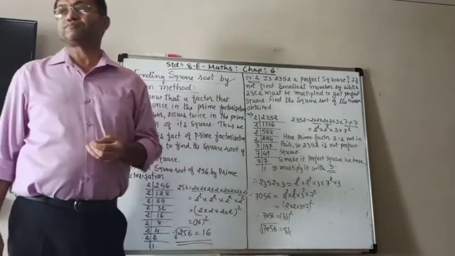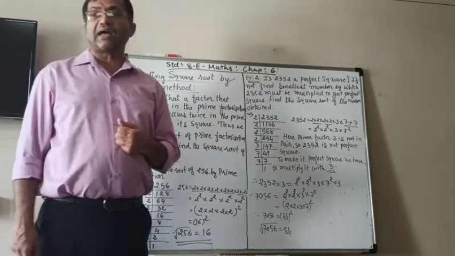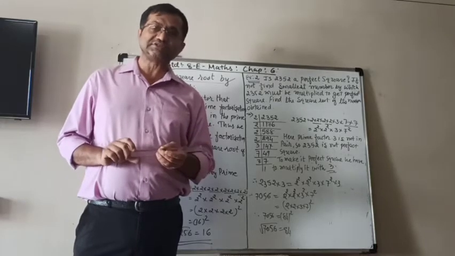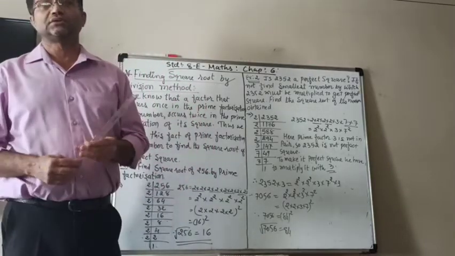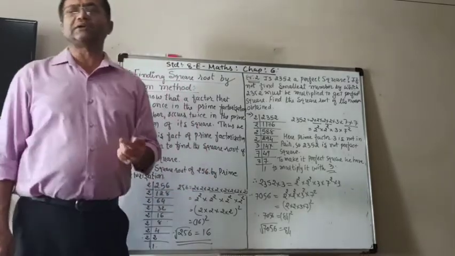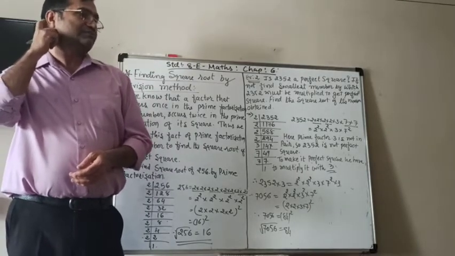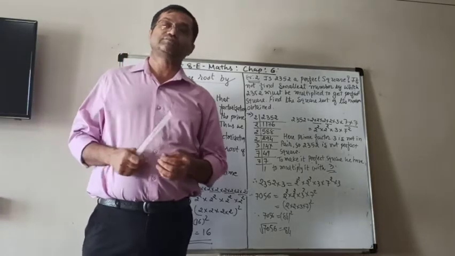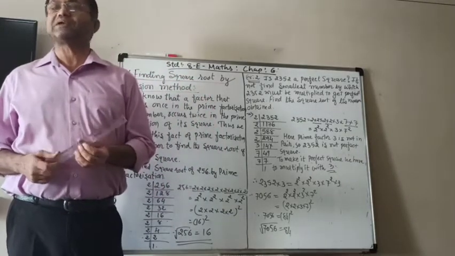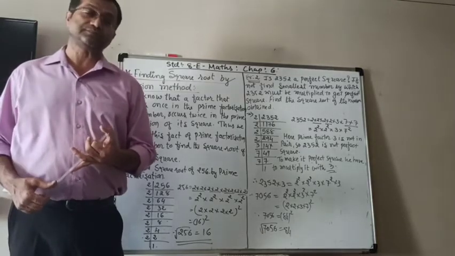Square root is the inverse action or the reverse action of squaring. So, it is just the opposite of squaring the number. For example, if you square 5, you get 25. So, if you go in reverse, then the square root of 25 is equal to 5. 10 squared is 100. So, the square root of 100 is 10.